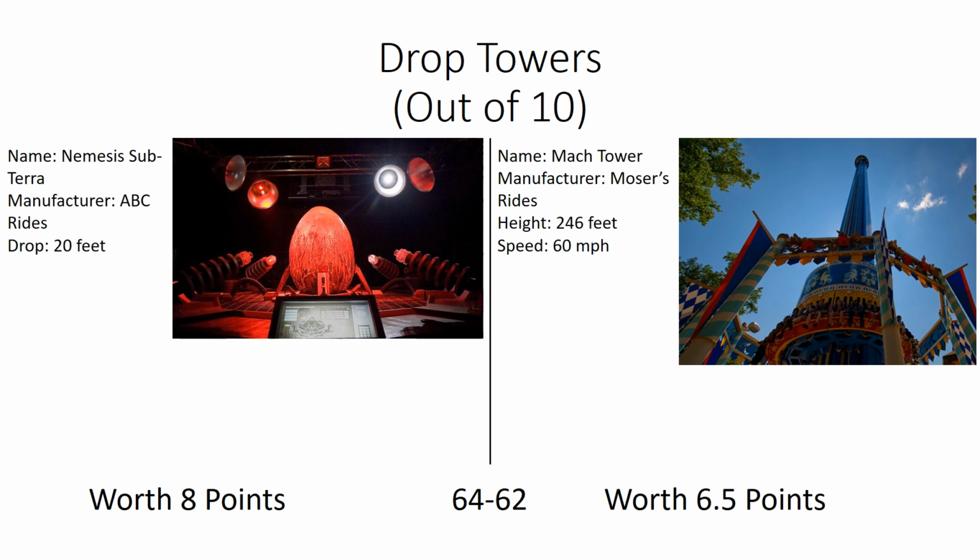So it is a drop tower, but it's more like an immersive walkthrough experience thing. Almost a scare attraction. It's really good. The theming is fantastic for the UK. So I've given it an 8 out of 10, and you've got the Mach Tower at Busch Gardens, which,